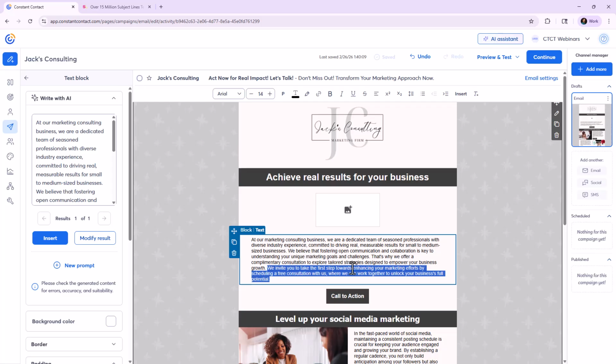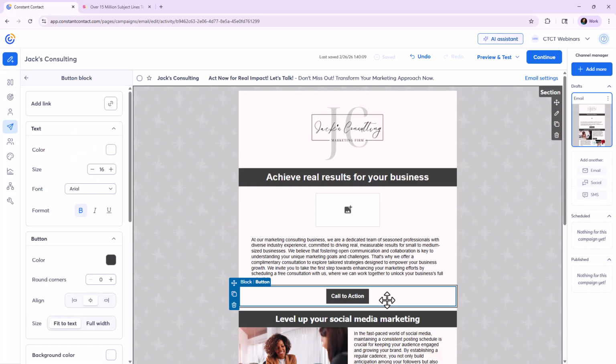It says, we invite you to take the first step towards enhancing your marketing efforts by scheduling a free consultation. So that's really what it's all about. It's driving them to take this action. And then we've put in a nice, big, clear call to action button for them to easily take that action. So here you want to use action-oriented language, prompting them to do something. So in my case, I could say, schedule your free